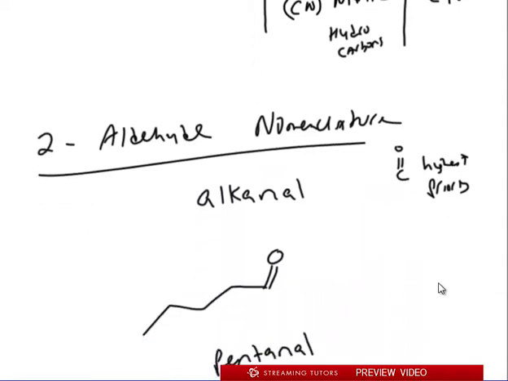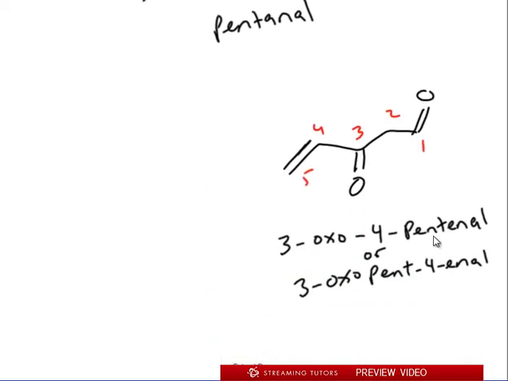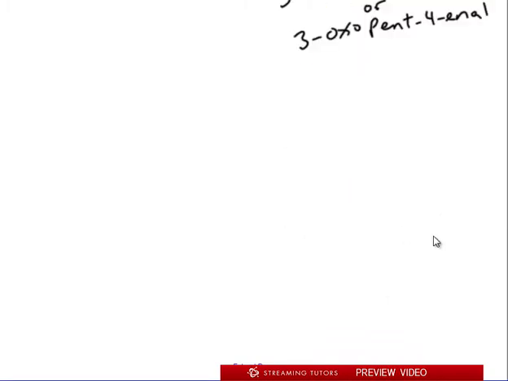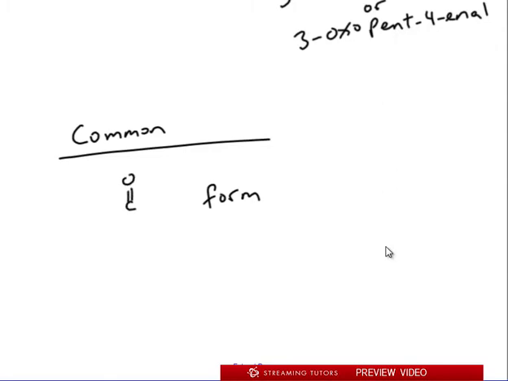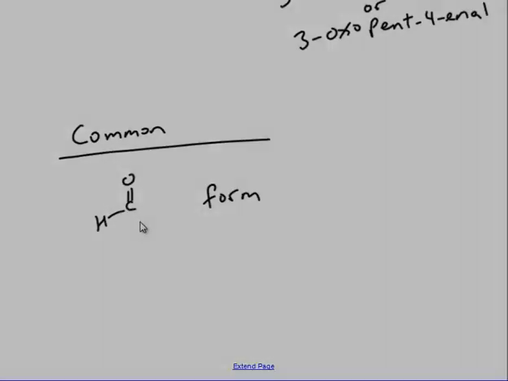Nothing really new compared to what we did all last semester, but you should be familiar with how this works. Now, there are other things that we should know. These are the basic rules, but let's talk about some common nomenclature, because it comes up more now than ever in other chapters that we might have covered up to now. So the first one is called the form group, form. When you have a carbonyl and it has an H, that's called a form. So it could be formaldehyde if it